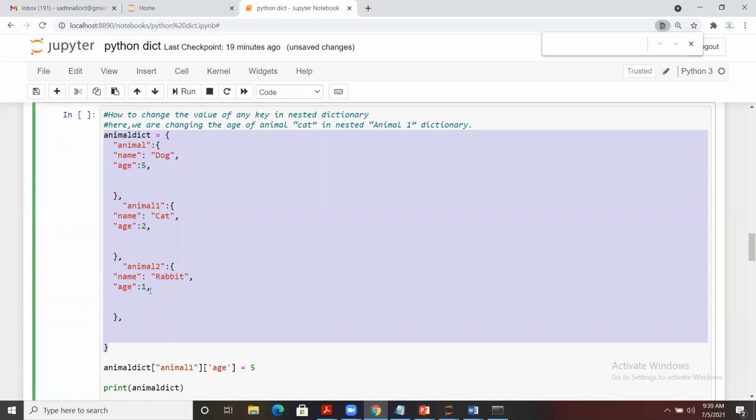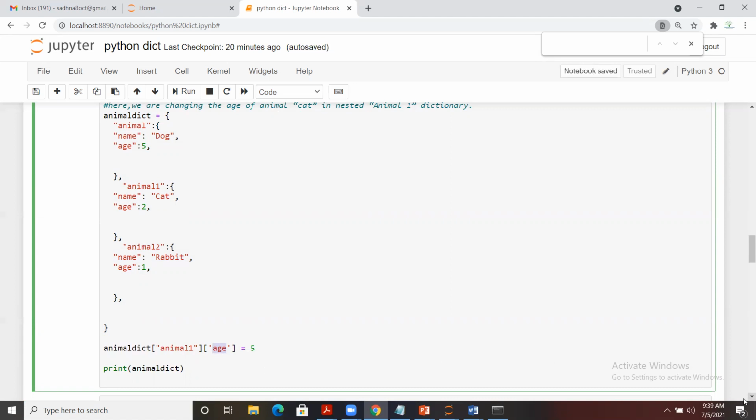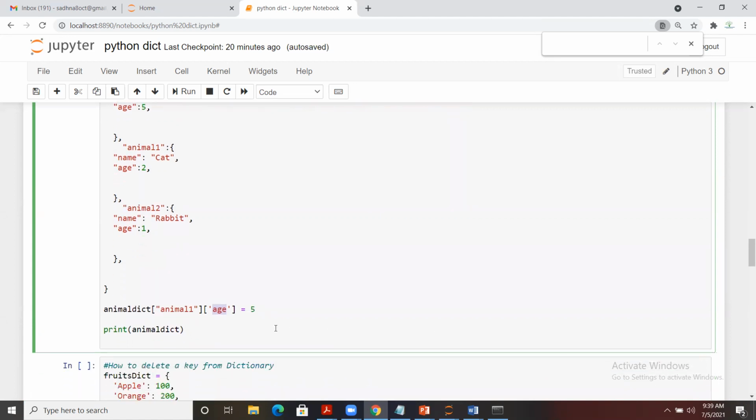So I just wanted to make a change in animal 1, which is a nested dictionary. So I have to pass two curly braces there. Here you can see, first I'll move to animal 1 and then I have to make changes here. So previously the age of animal 1 was 5, and once you print the dictionary, let me run it.